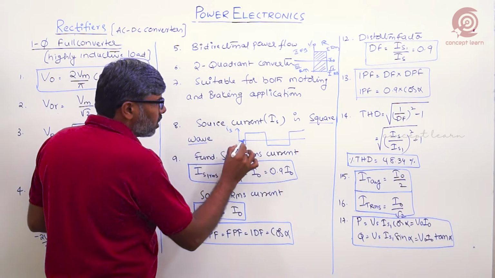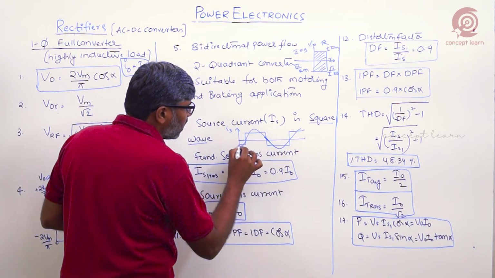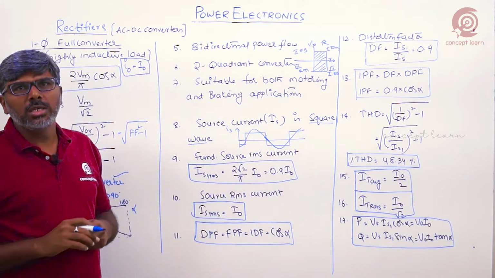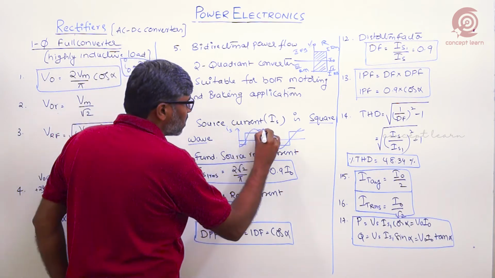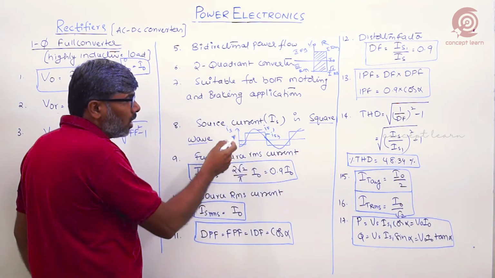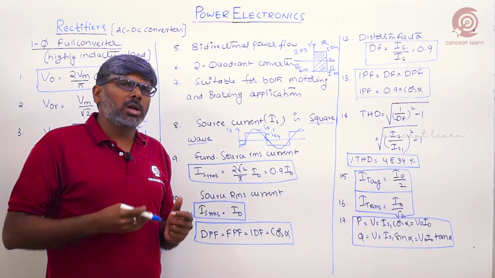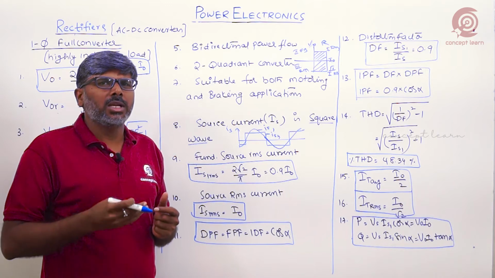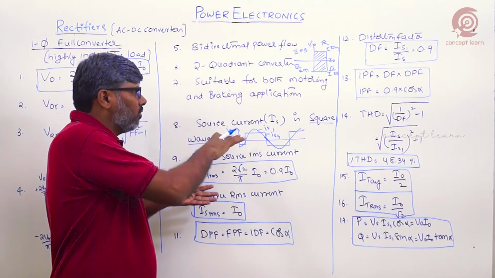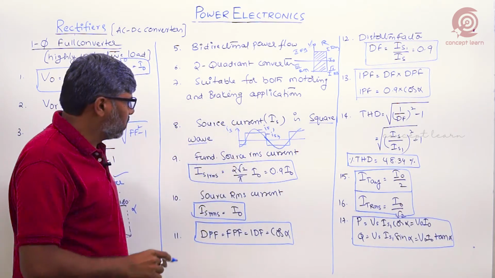So instead of this, we should get a sinusoidal signal, but we are not getting a sinusoidal, we are getting a square wave due to the harmonics in the source current, right? This is called the fundamental component, this is called the harmonic component. The source current contains all odd harmonics: 3, 5, 7, 9, 11, and so on. Because of all these odd harmonics, the source current waveform gets distorted and gives a square wave instead of a sinusoidal.